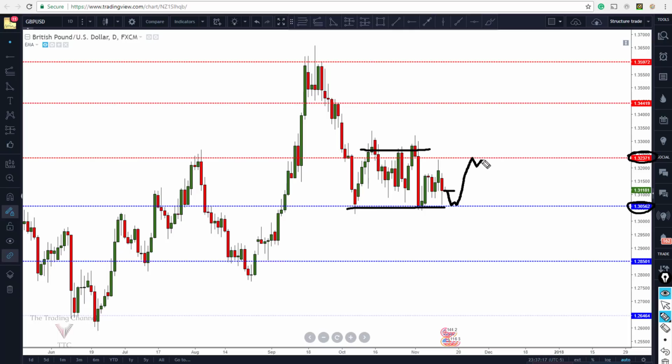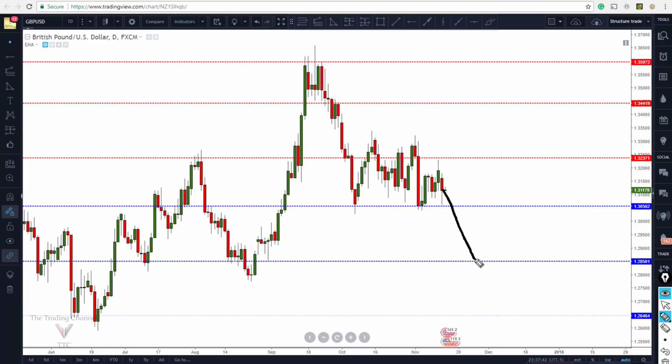And then we'll be looking for a shorting opportunity from this resistance level. And that's what we're looking for as for the immediate future and as for this coming week here on the pound dollar. Now, as for a little bit further out, if we do break down past the 1.3056 level,